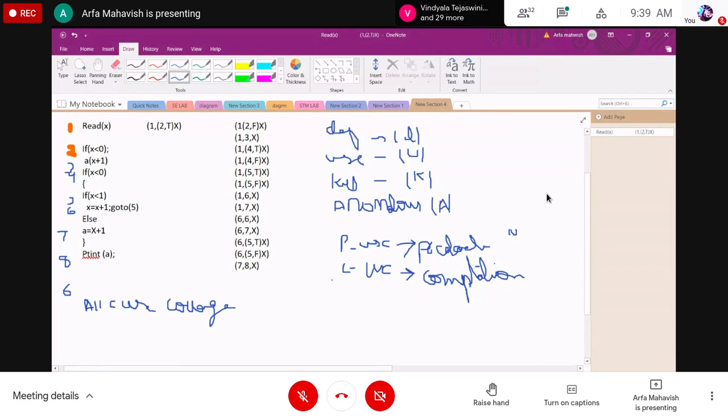So in this, we have the three parts: the line number, the step at which we are using that variable, and what variable is used in that step. This test case is called the all C use case.